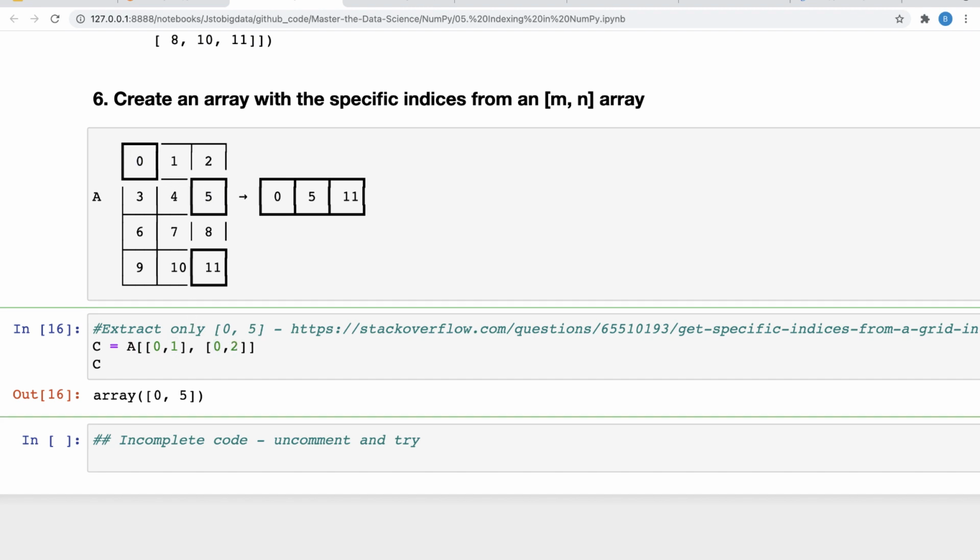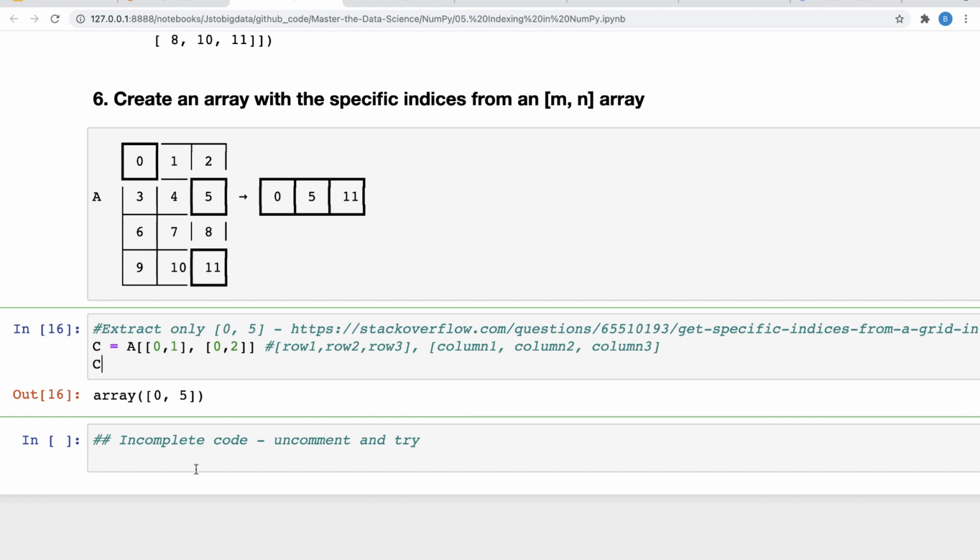So basically you are specifying the row, comma, row, and then you are specifying the column, comma, column. Okay, so you specify the first element, second element, and third element. Okay, now we have just got 0 and 5.